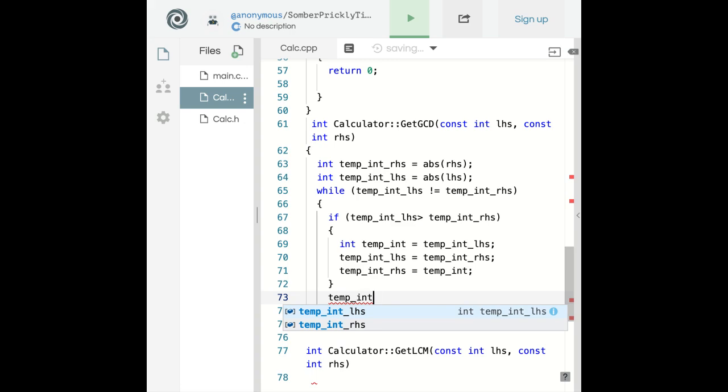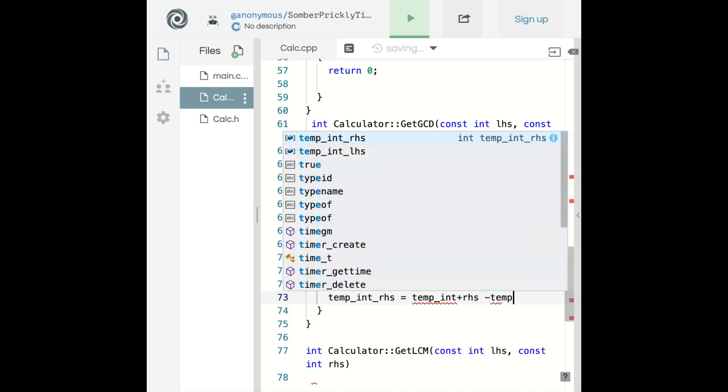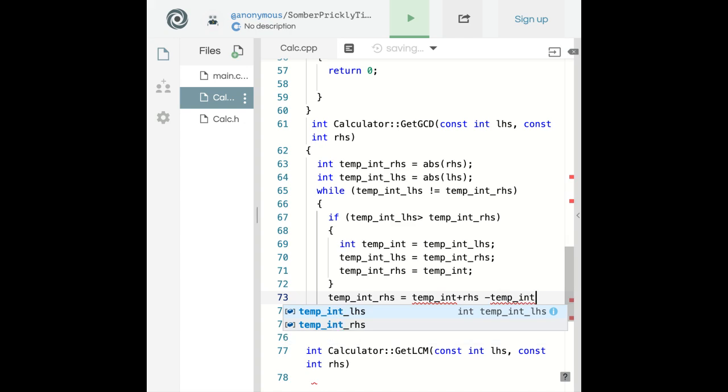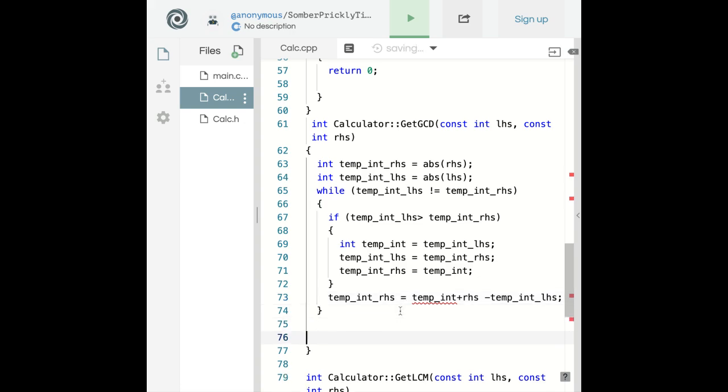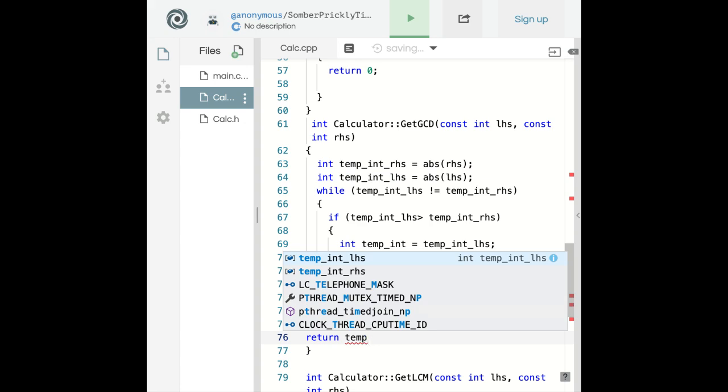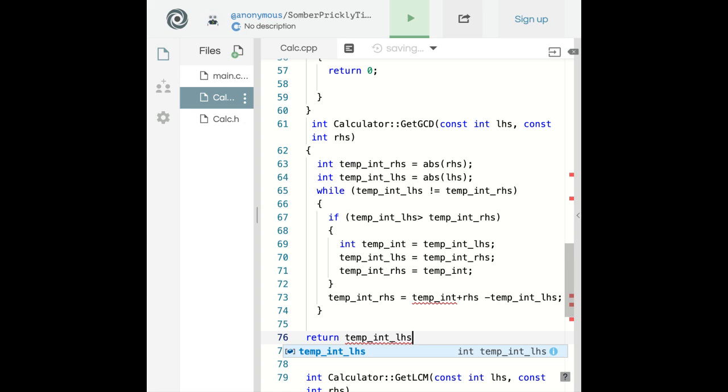Okay, so our RHS is temp int RHS minus temp. Ah, my finger. It's not today. Not today. All right. And then let's not forget you want to return the temp int LHS, bruh. So